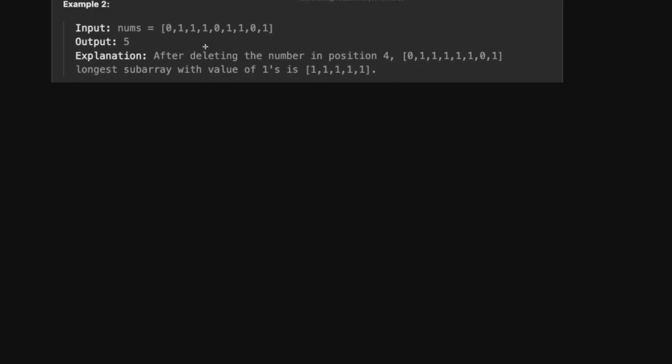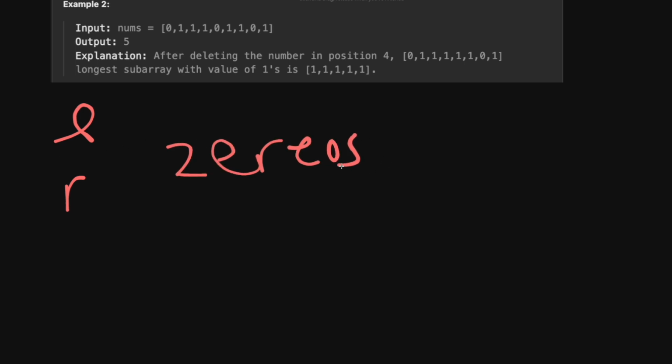What we want to do is just keep track of how big our window is. So we're going to keep track of our left pointer, where our sliding window starts, our right pointer where our sliding window ends, and then how many zeros we've seen in our sliding window. If the number of zeros that we've seen ever exceeds 1, then we know that we need to start reducing our sliding window by moving the left